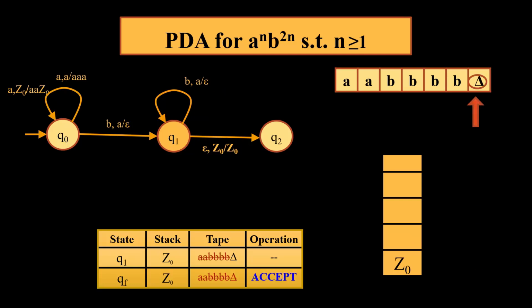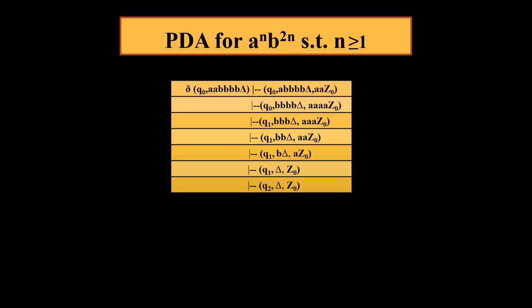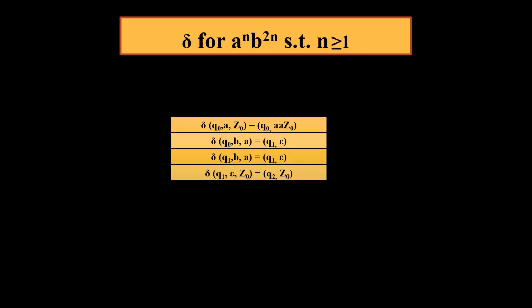When the tape is empty, there is a transition from state Q1 to Q2. Since the stack is empty, we move to the accept state. So this is how the machine for A^n B^(2n) works. This is the ID for A^n B^(2n), and this is the transition function for